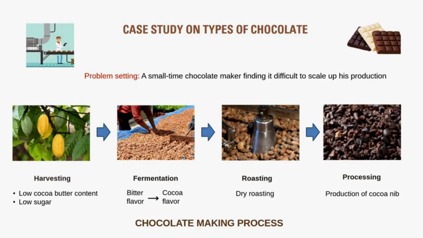So let's take a look at the case setting here. The case setting here is a chocolatier is trying to scale up his production to meet the customer demand. But during trials, he faced several issues which gave him chocolates that gave a slightly hammy flavor. He wants to know what went wrong with the process and how it can be prevented in future.